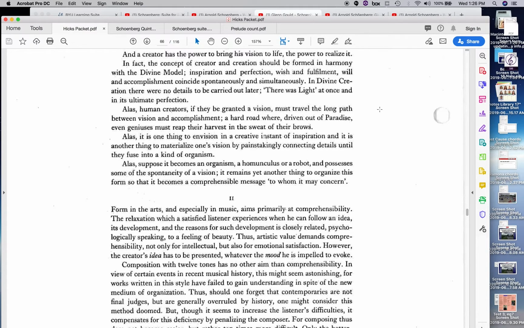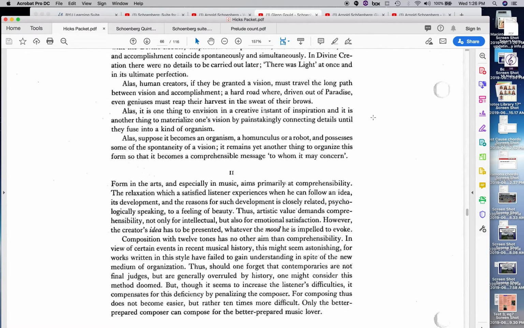Now, I think what you're seeing here is Schoenberg spent a lot of time trying to justify, again, what he did, which was very controversial at the time. So he's trying to say, hey, look, I'm a creator. I have inspiration. I'm not a robotic composer. I'm not composing like a mathematician or whatever. I mean, what's wrong with mathematicians, I would ask. But anyway,